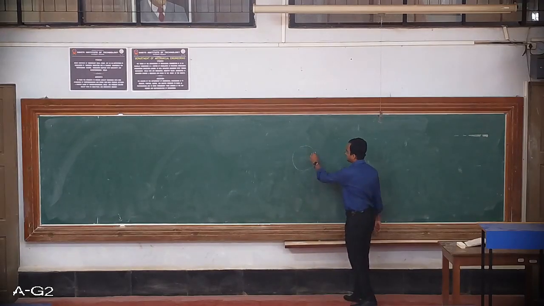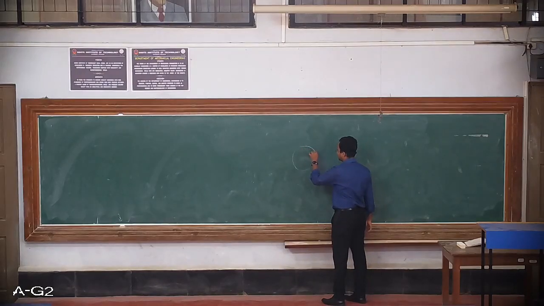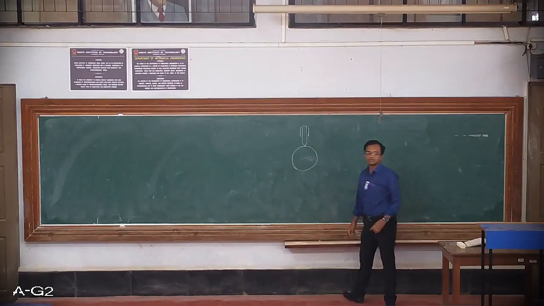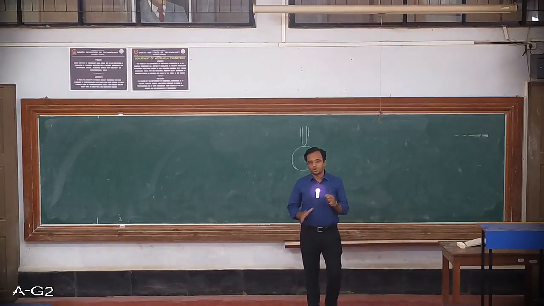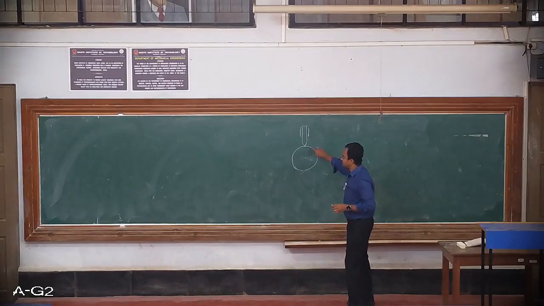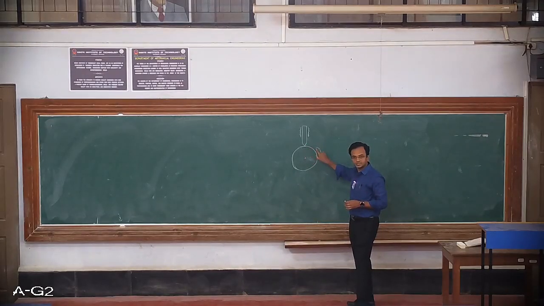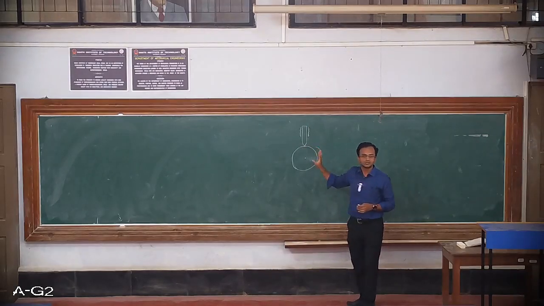Suppose I take a perfect circular disc and place a knife edge follower over here in this fashion. Now when the disc starts to rotate, it is a common understanding that since the radius of this particular disc is constant, there won't be any displacement of the follower in vertical direction. Why? Because the radius is constant.